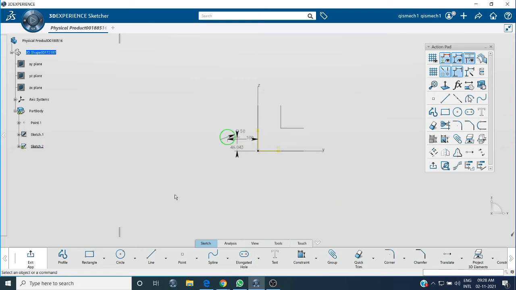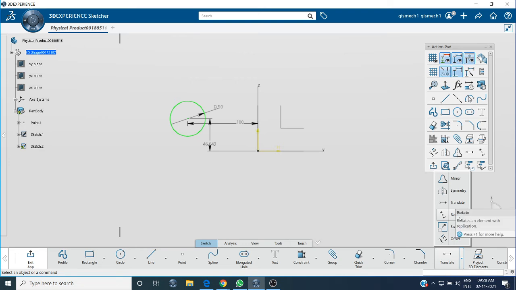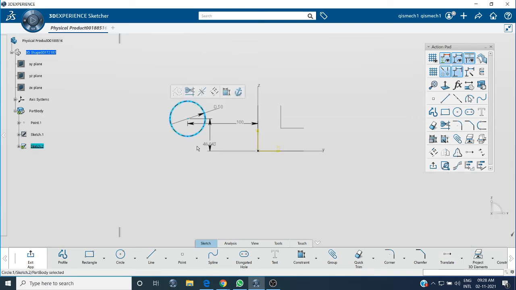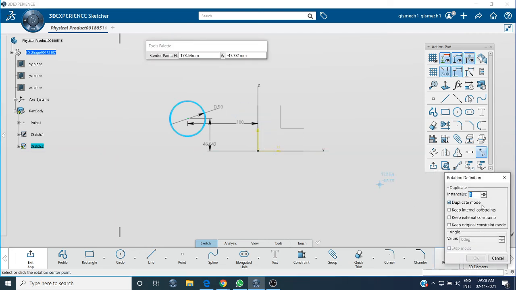Now coming back, the same profile is there, one circle. I will go to the rotate operation. Okay, rotate with respect to the origin. For that, the same procedure: first select the profile, then go to the rotate tool. How many rotations do you want?